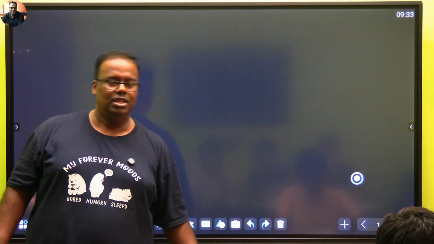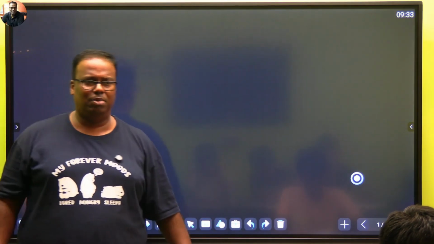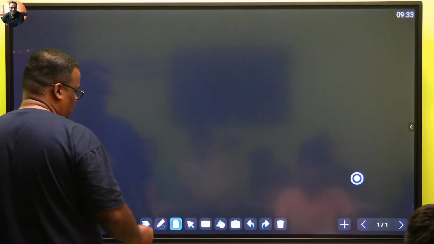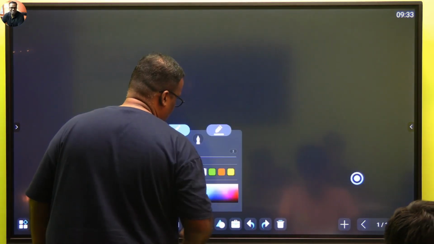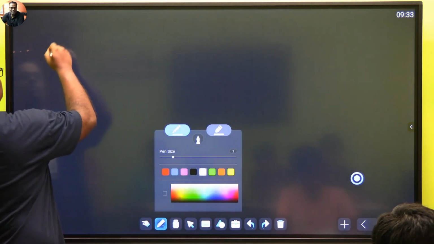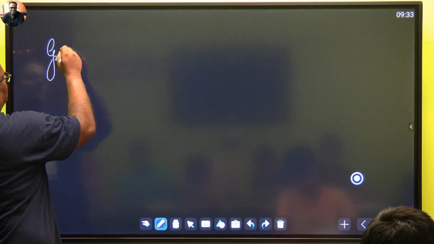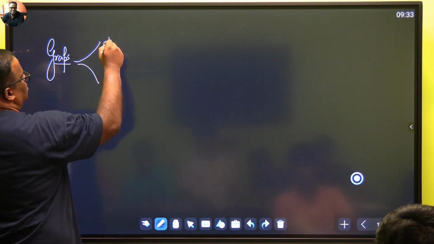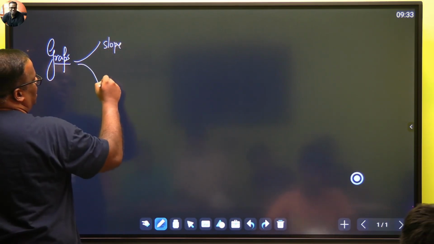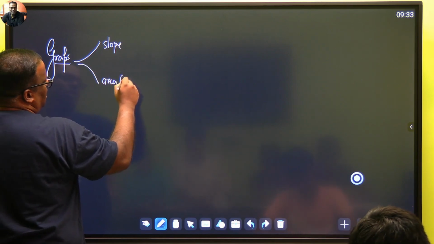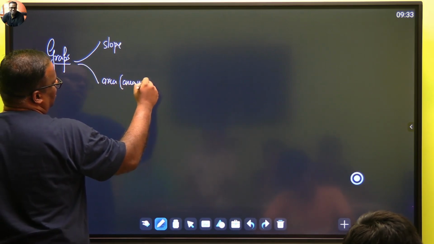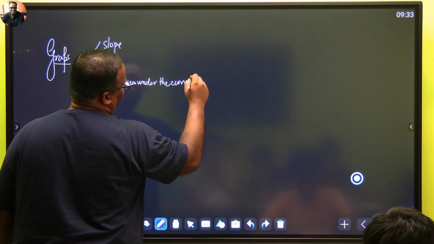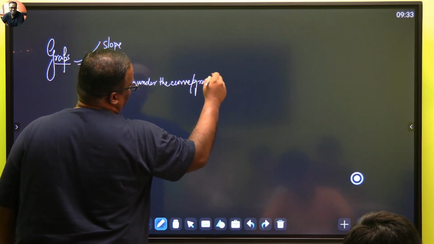ठीक है? After this we go to the graph part. थोड़ा सा बात कर लेंगे, only from NCERT perspective, बहुत आपको ज्ञान दिया हुआ है, you can go. So in order to understand graphs in motion, जब भी हम graphs देखते हैं, graphs are analyzed from 2 perspectives. One is slope and one is area. Area means area under the curve बोलते हैं, या फिर ग्राफ बोलते हैं। एरिया अंडर द ग्राफ, ठीक है?